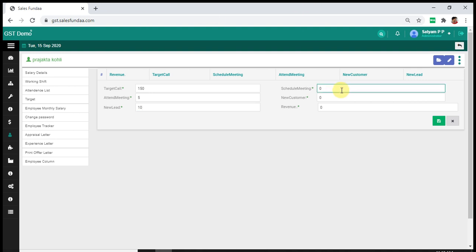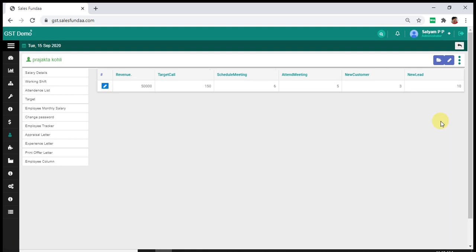Schedule meeting. New customer. And their revenue. Then click save. Your employee's target has been defined.